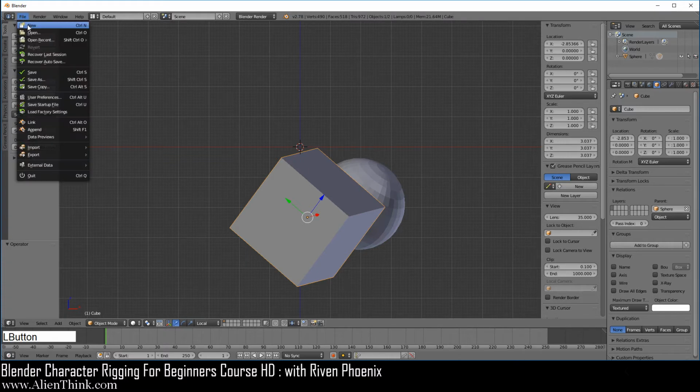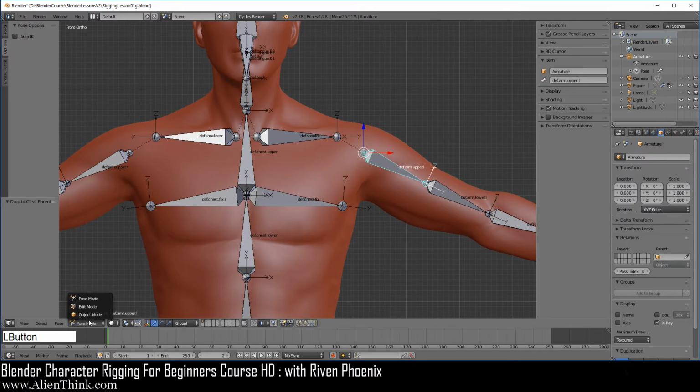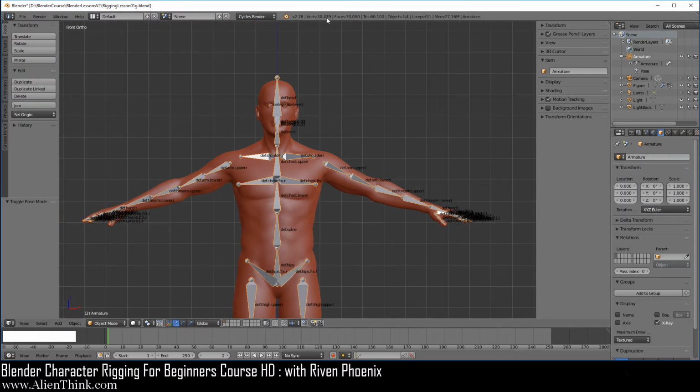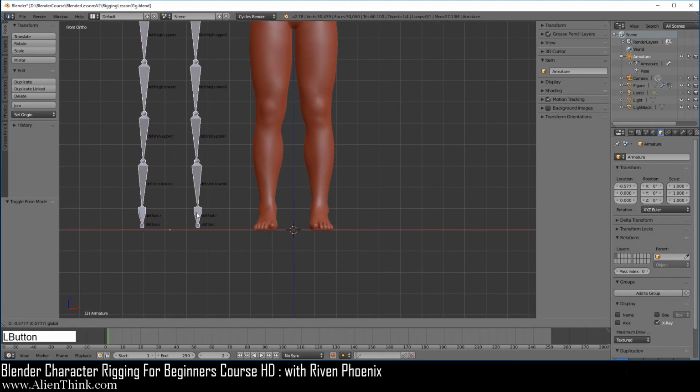So that means that if we go back to our original file and now drag the figure onto the armature and do with automatic weights, then drag this out over here. And now click on the armature, switch to object mode, zoom out, do Shift middle mouse button over here and move it to the left.